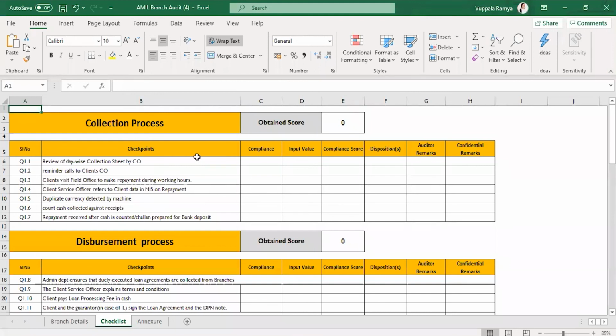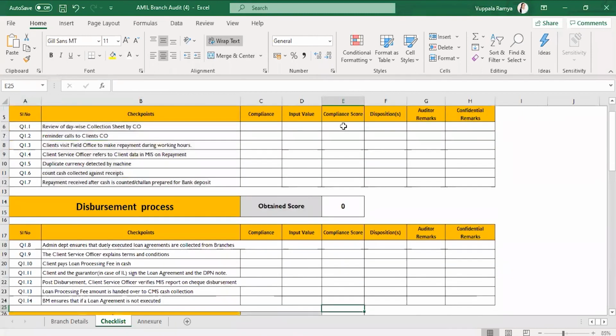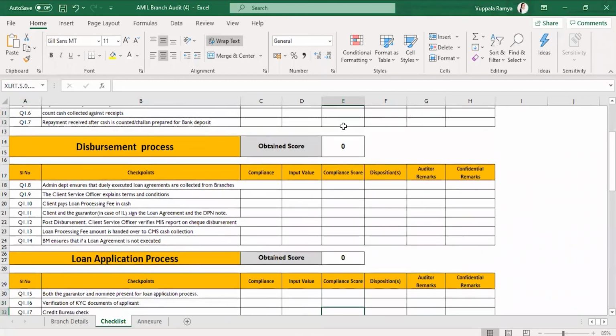What I've requested here is, I don't want to see the report the way I have seen in the bulk report, but I want to see the report in my own format, where group level checkpoints are listed against the compliance input or score being shown. Even at a group level, I would want to see the score. So this is a format I am willing to look at in the advanced report.